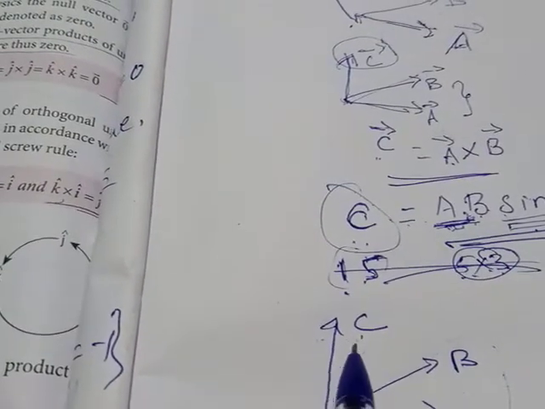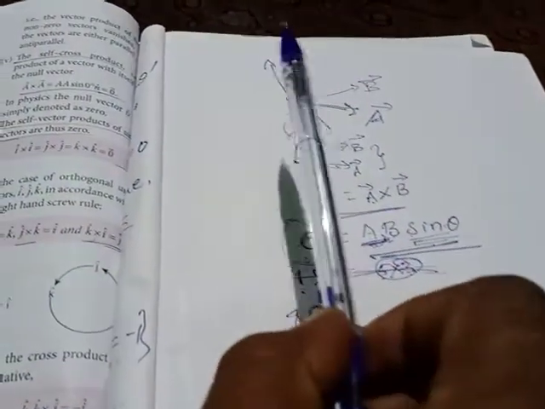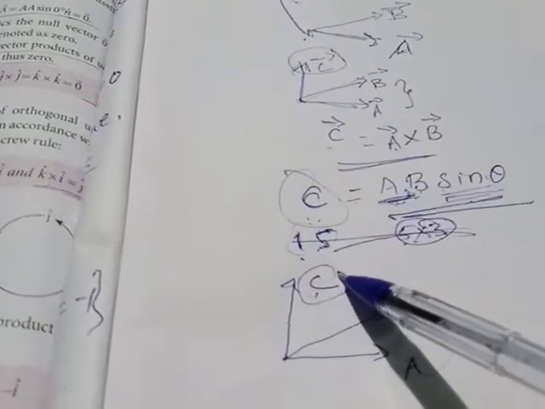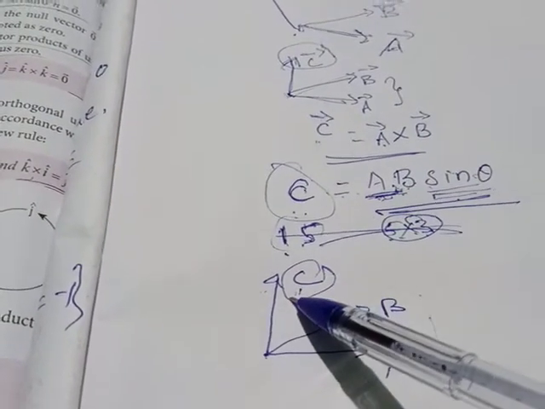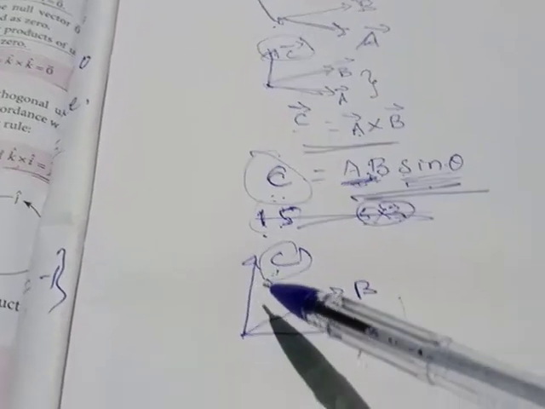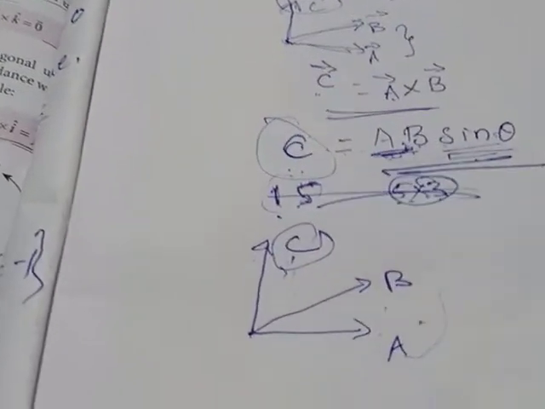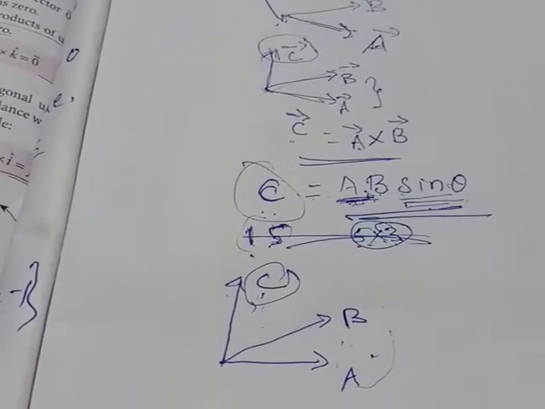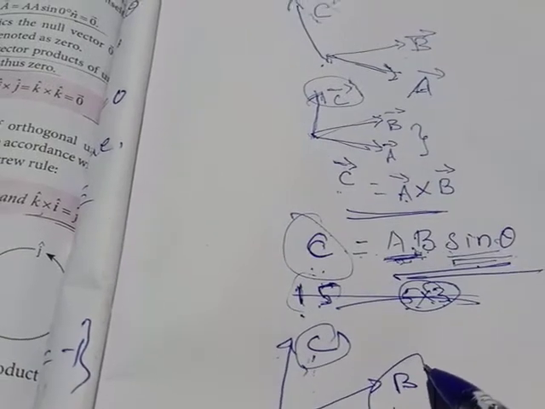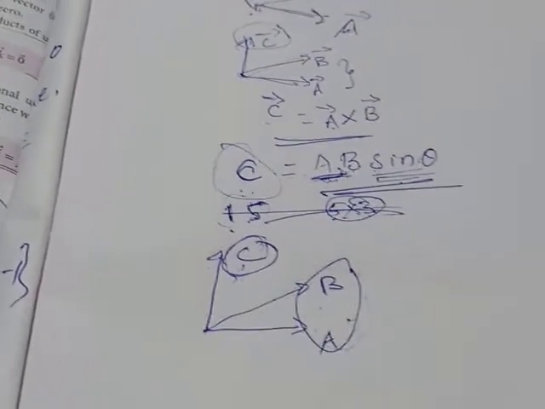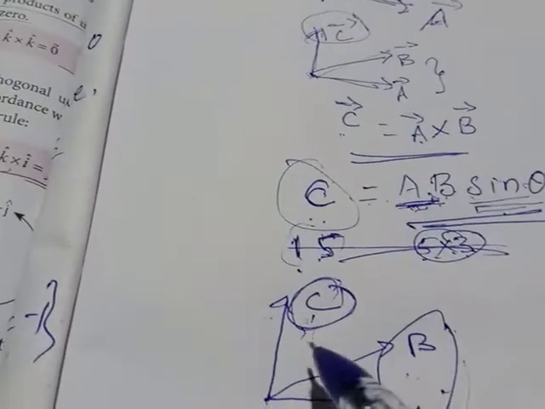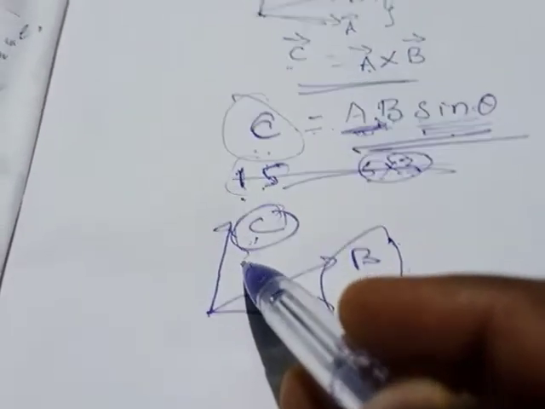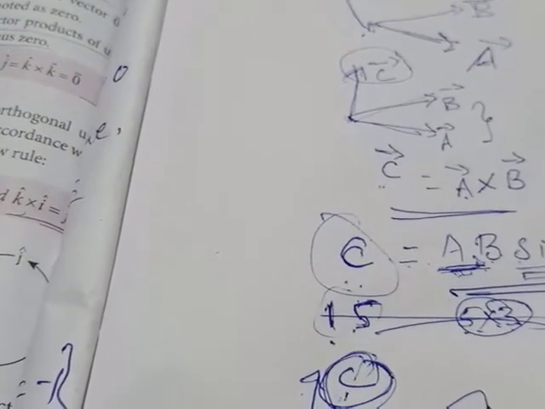This vector product is always in a direction perpendicular to these two vectors. That is what I told before, by using the finger rule, C is always perpendicular to A and B. In words, the vector product of any two vectors is always another vector whose direction is perpendicular to the plane containing these two vectors, or you can say orthogonal to both vectors. C is always orthogonal to A and B.